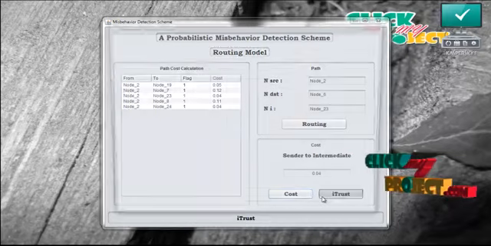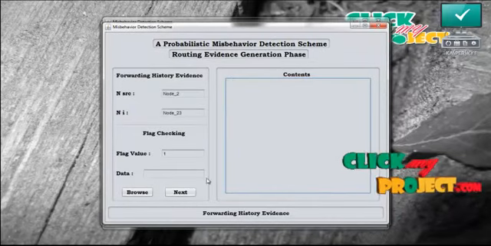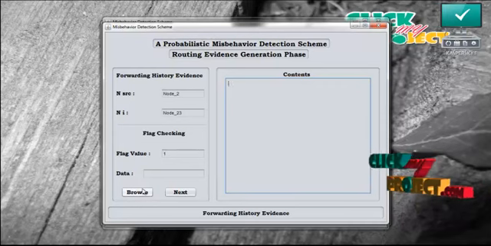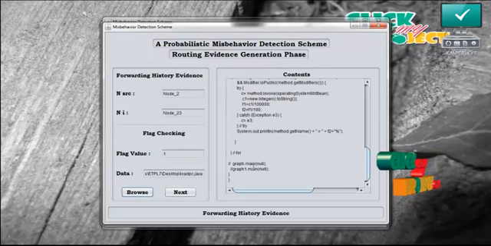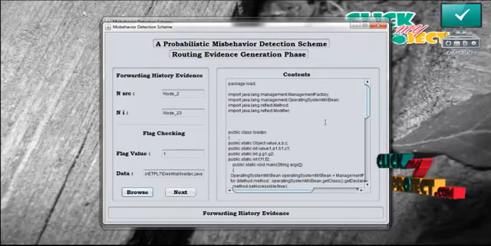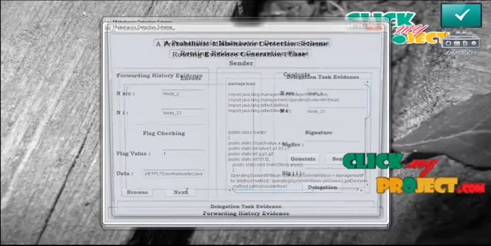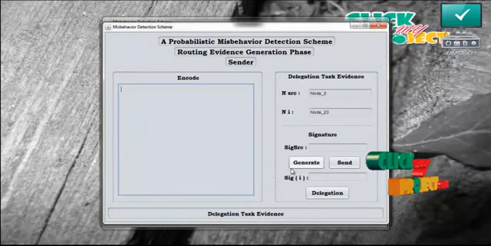Now press iTrust. In iTrust, the sender will send the data, so the sender selects the data. Now the data is displayed here. Now press next. Here the user will generate the signature for the data that is transferred.